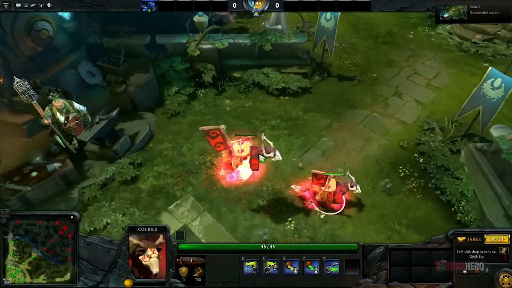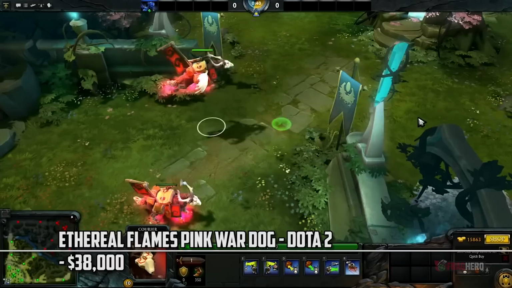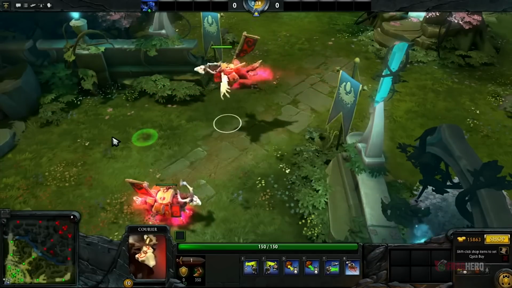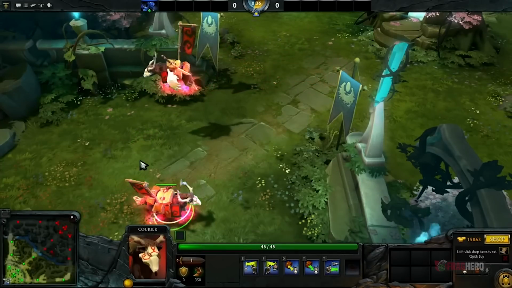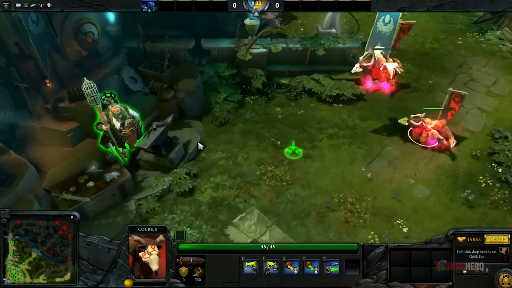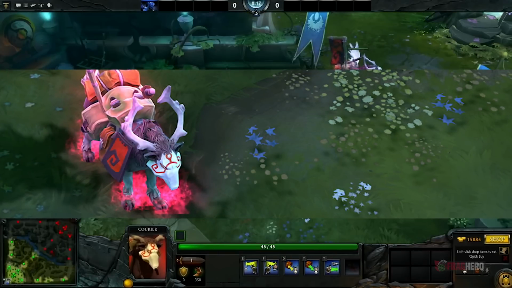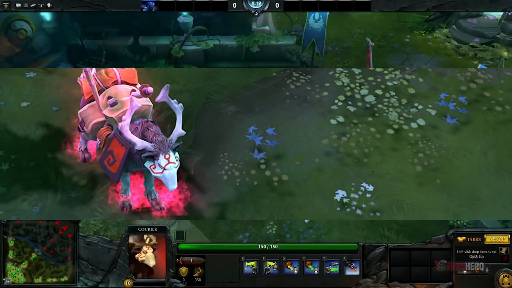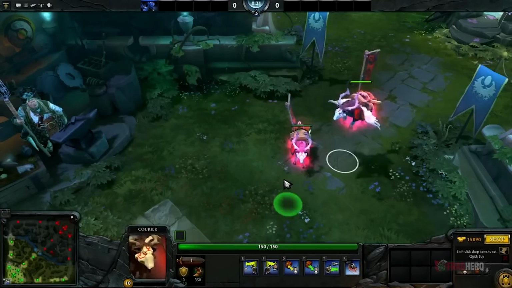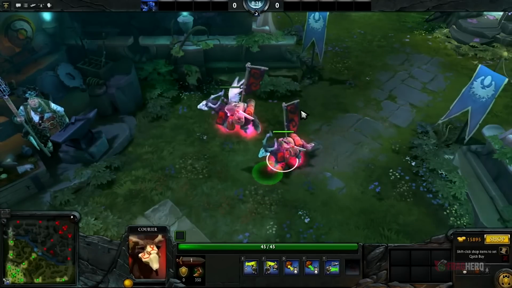The Ethereal Flame's pink war dog is a courier in Dota 2, and it is used for transporting various items between the base and the characters, allowing the players to keep staying in their lane. People have the option to pay real money to open in-game crates in which they can find various skins and other items. The fact that this war dog's shade is a pink, a very rare colour, and it has ethereal flames emanating from its fur are the main reasons why such a companion was sold for the outrageous sum of